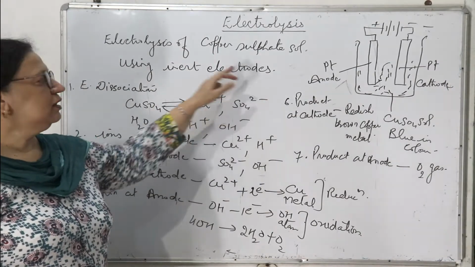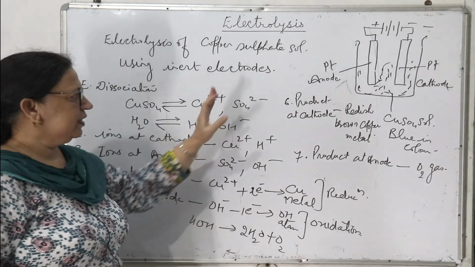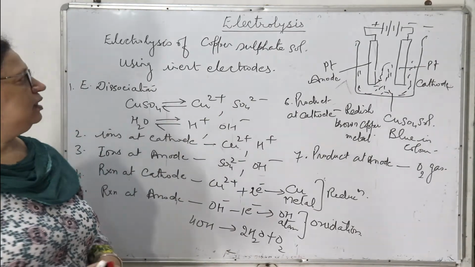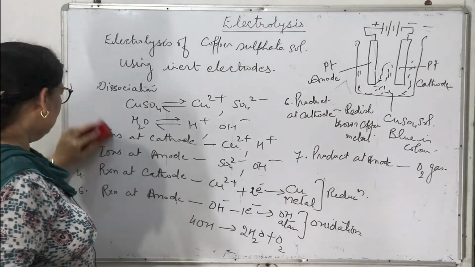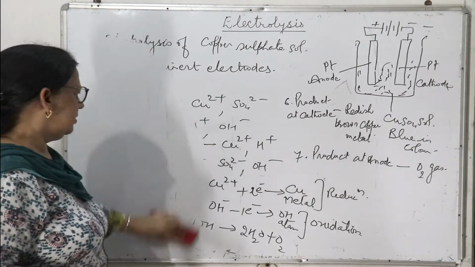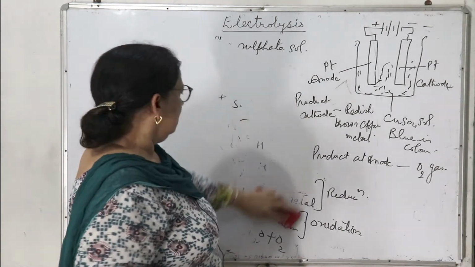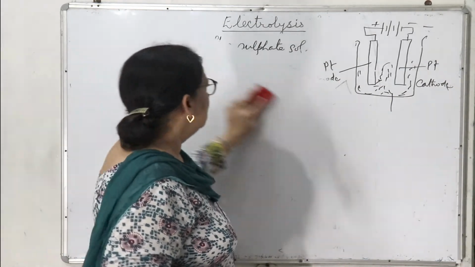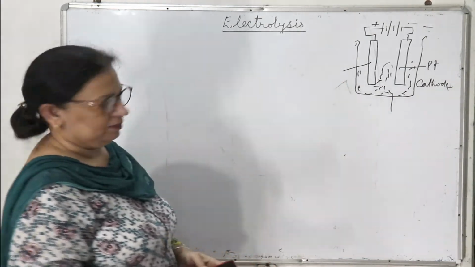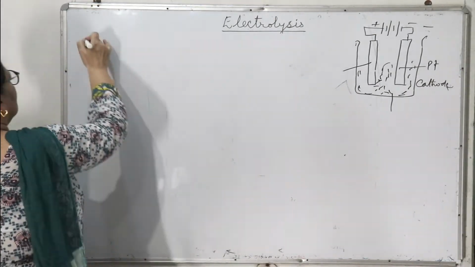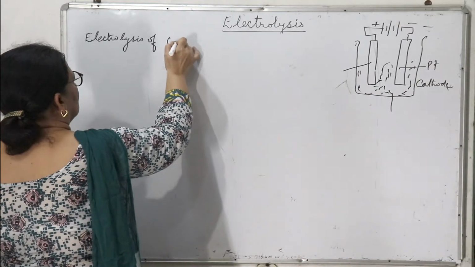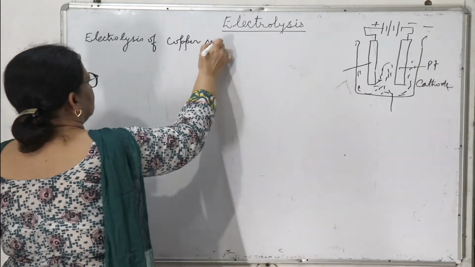So this is the electrolysis using an inert electrode. When the electrode is inert, it does not participate in electrolysis, so the products are according to the electrochemical series. Let us do one more electrolysis based on this, that is electrolysis of copper sulfate solution